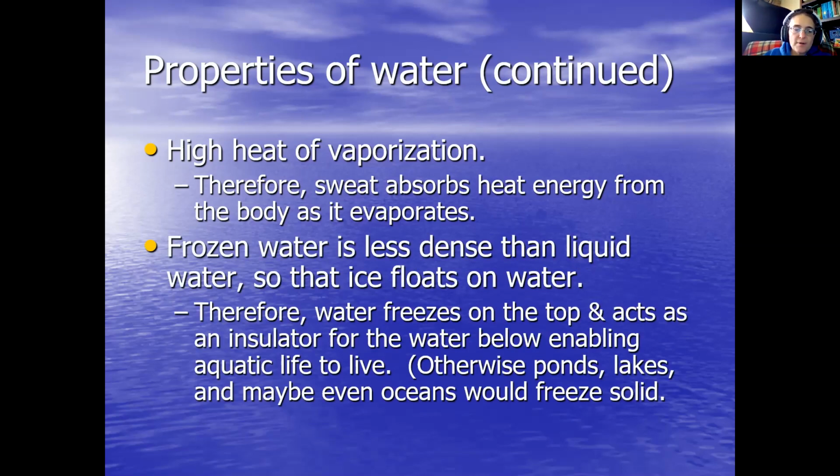Right now, you have to be in a really, really cold part of the world and have a rather shallow pond for it to freeze solid. Here, we have to have a pretty shallow pond for it to freeze solid in the winter, especially with the winters we've been having recently. I remember some winters when I was a kid where my dad had a shallow pond or two that would occasionally freeze solid, and he had to bulldoze and dredge that pond out the next summer, because obviously it wasn't deep enough, but it's water.